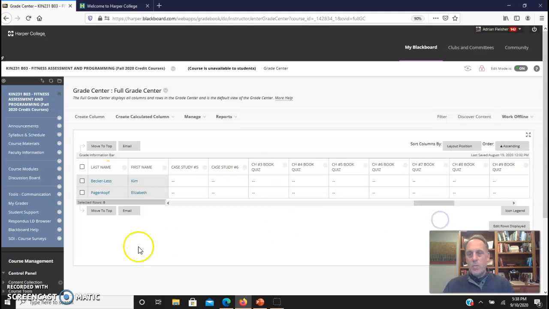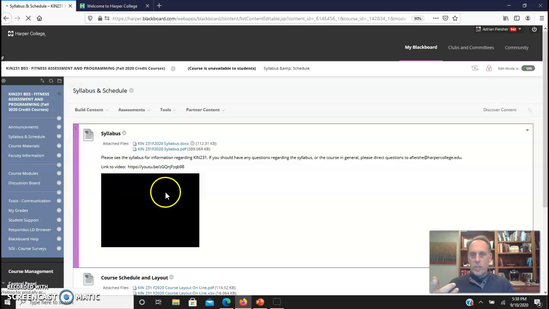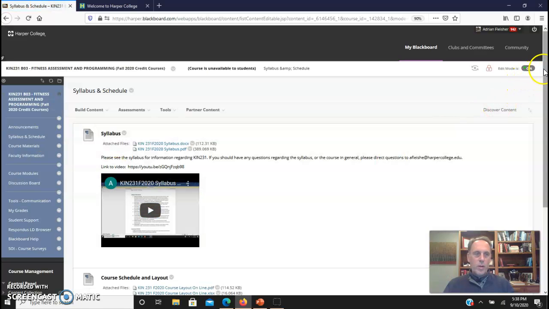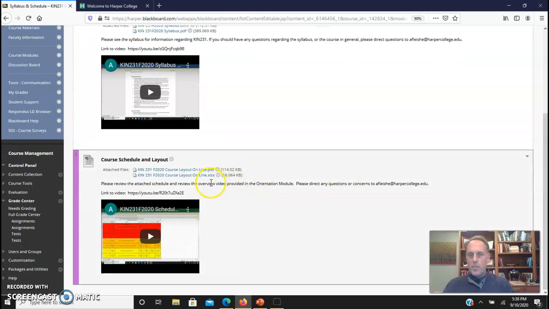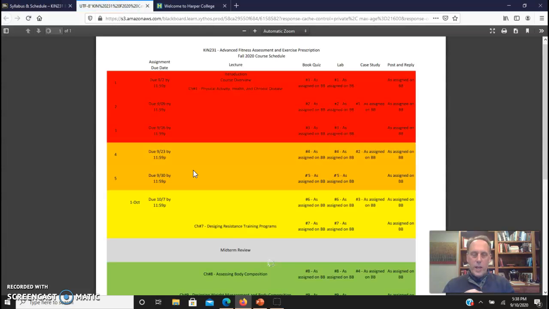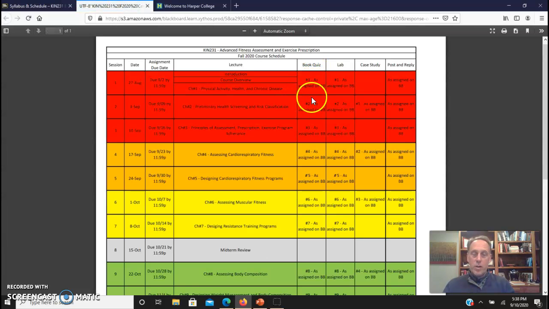So at any given time, you can go back in and check where you are in that process, and you can cross-reference that with your layout here. And this might be a good takeaway for you guys where you can use the layout in the PDF format or the Excel format, open that guy up, print it off, and you can just check these off as you go. I know as I was loading content in for this course, I was literally using a highlighter and highlighting each assignment that I put in so I didn't double dip on these and drive myself crazy, let alone